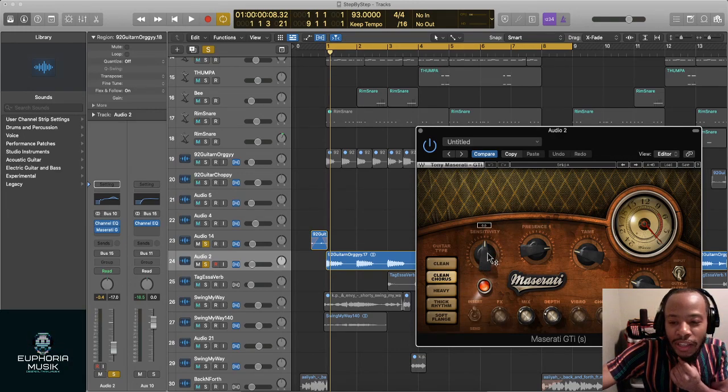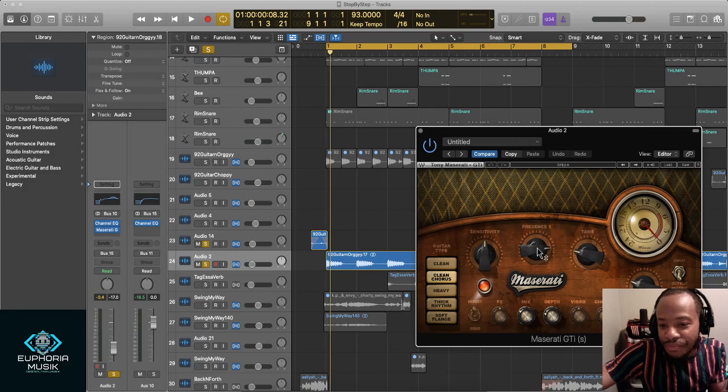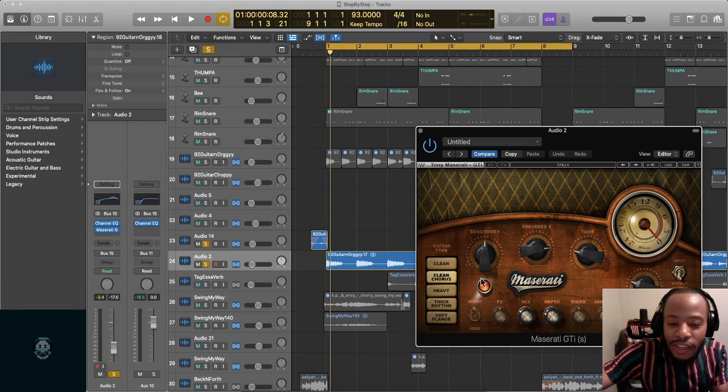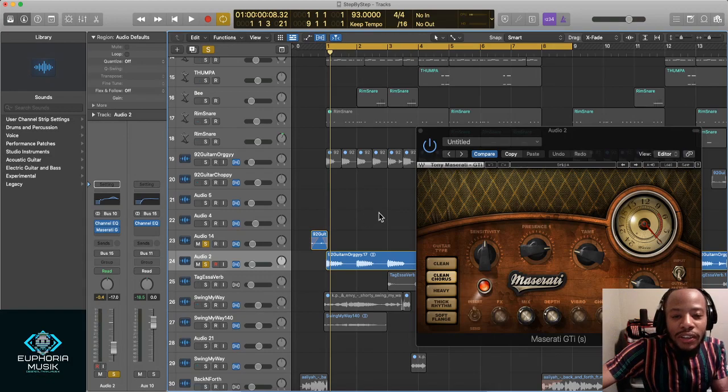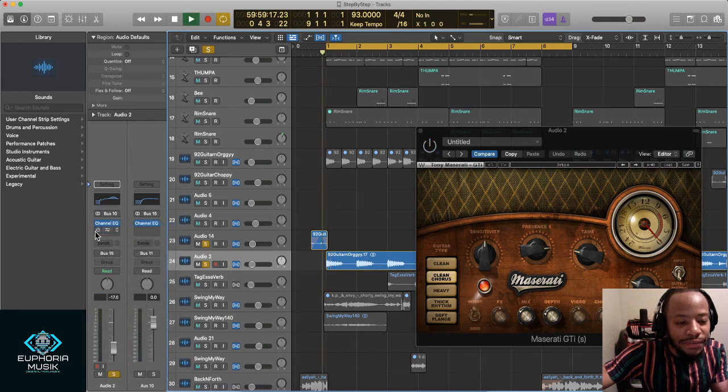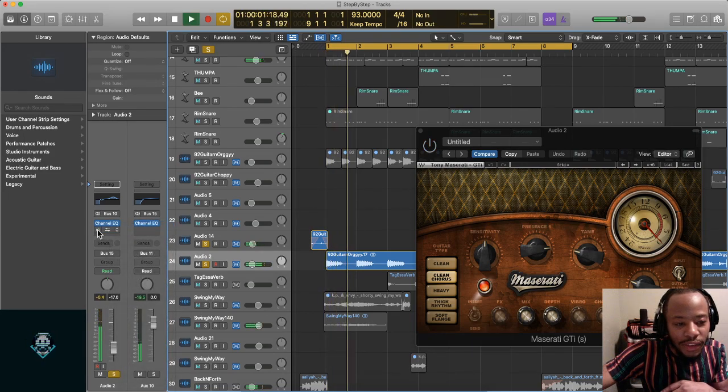Sensitivity is going to be like the compression, and I added some presence, tamed it just a little bit, and then had to turn it down. But it has some other effects on it, like clean chorus. So what I did here, this is what it sounds like before and after. So here we go. Get the before and after.